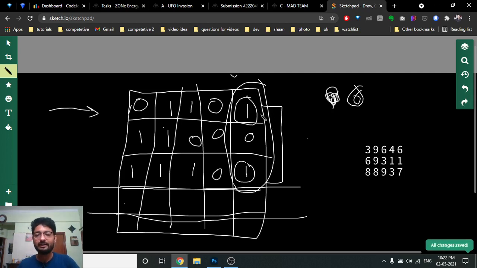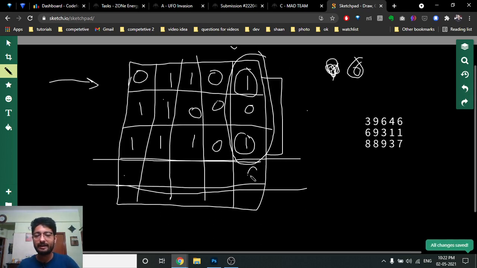So if that will be taken, the number which will come in the end will obviously be greater than 6, and if it is greater than 6, this will turn out to be 1. Okay, so if I do an OR of all of these values, it turns out to be 1. If I do an OR of this, it will turn out to be 0. This is 1, 1, 1. So as you can observe in this problem, there is 1, 0, everything is 1, but this is 1,